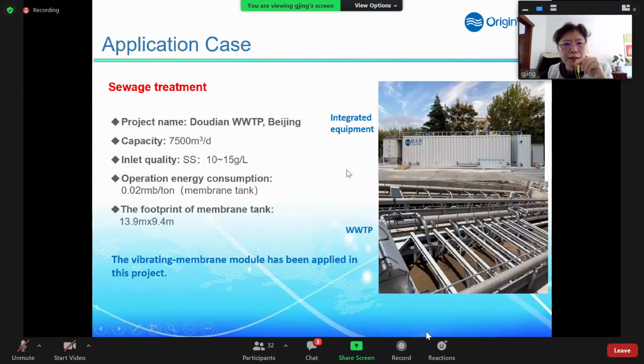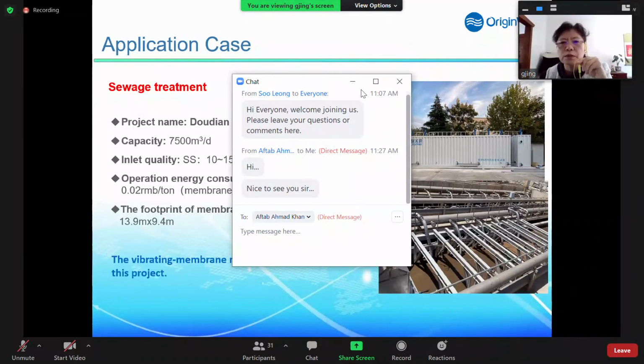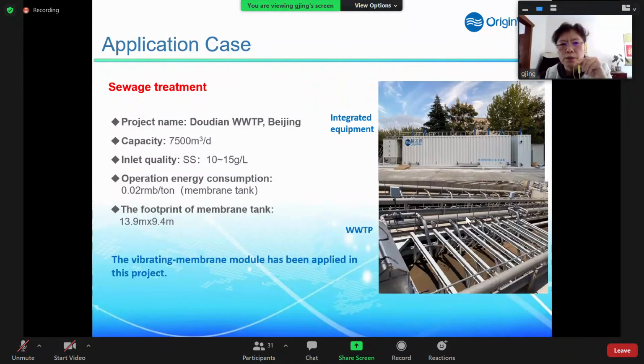Also in this process, because there is only one container, we can modify the process easily. So now we also make the equipment as integrated equipment, a mobile unit. We can move it to different areas, and once we finish the treatment, we can move that equipment to another place to finish some other job.